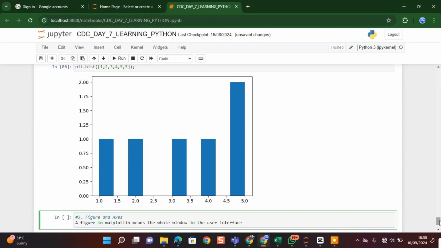So figure means everything that you see in the window as you're using it, we refer to it as a figure. For instance, everything here is a figure, Figure 1, everything that is being captured. That's what I'm saying. An axis, on its own part,